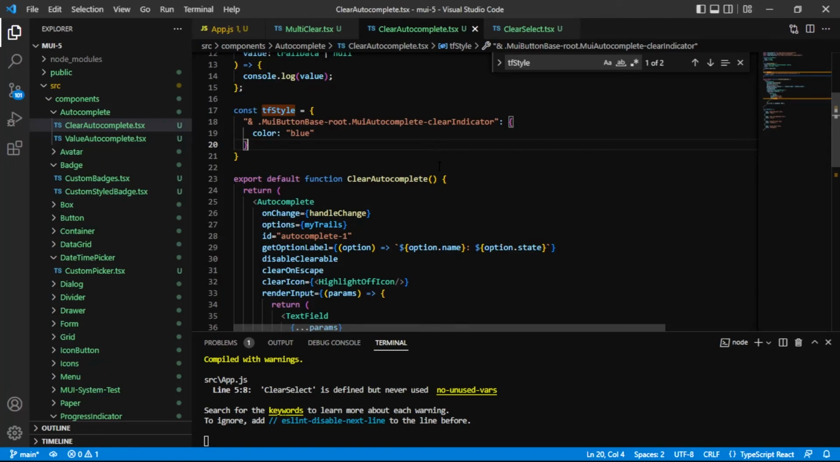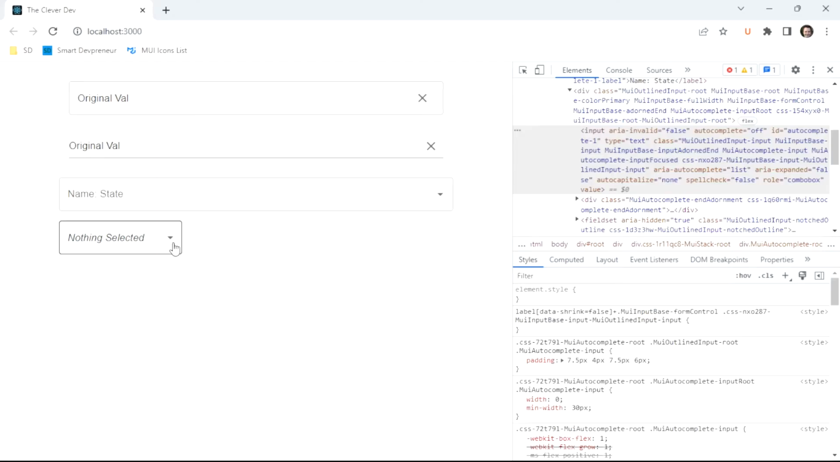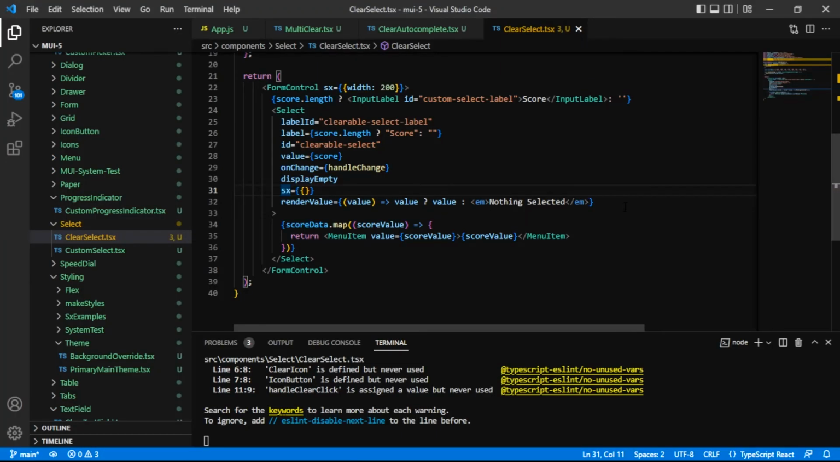Now let's move on to the select component. The last component that we'll look at is the select component, and it really behaves almost exactly like the text field or the input. And the select component ultimately boils down to an input component as well, so it makes sense that it's like that. So anyway, we can use the same end adornment prop,